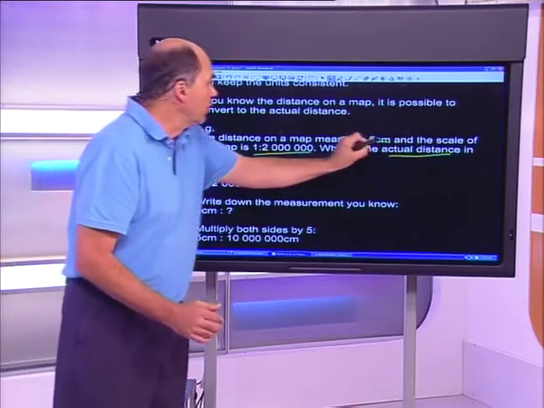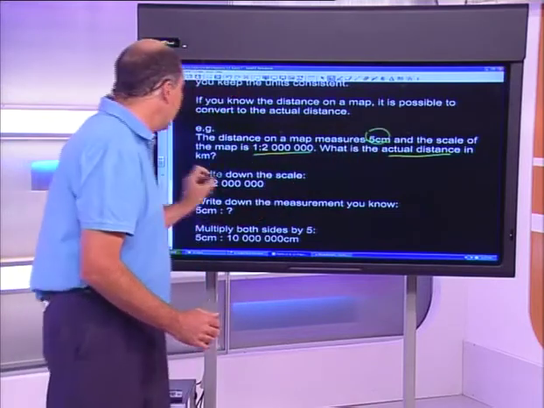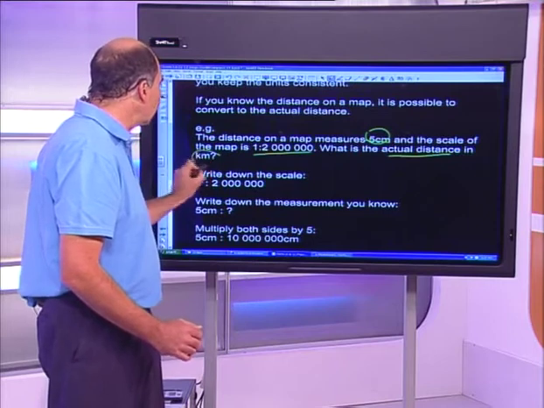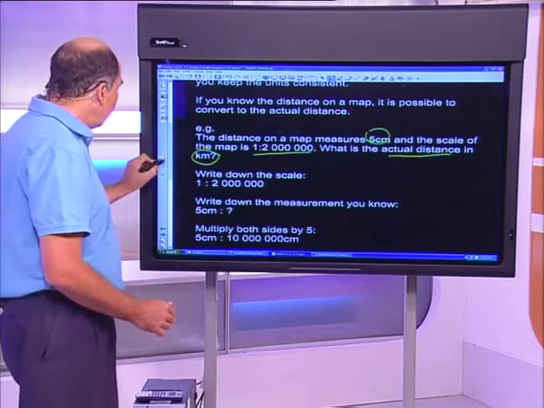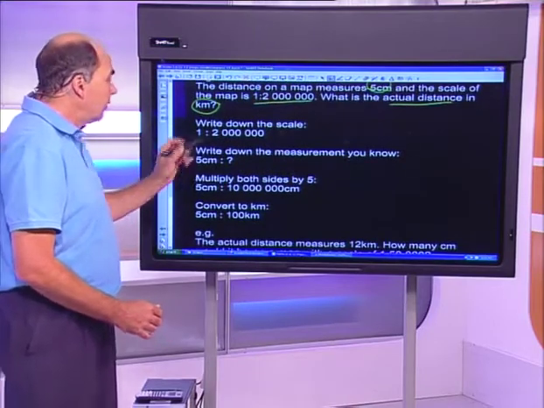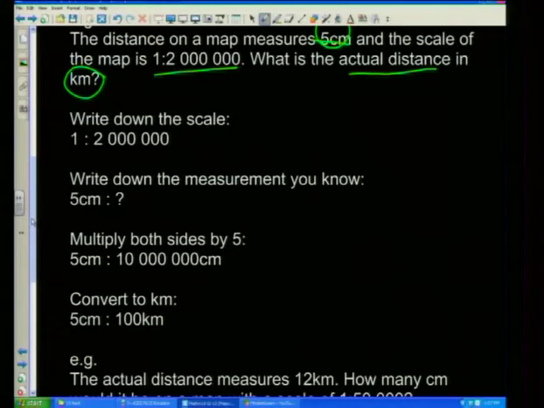We've measured the unit in centimeters, and we're asked to find the answer in kilometers. So what do we do? How do we do it? Here are the steps. Let's go through them. This is in the notes, so I've left them there so that you can make sure that you've got them